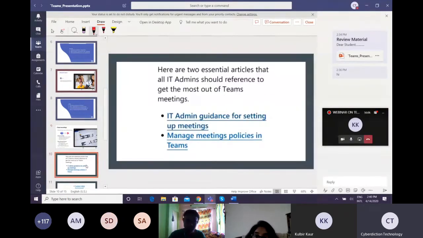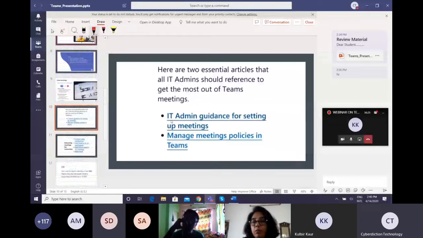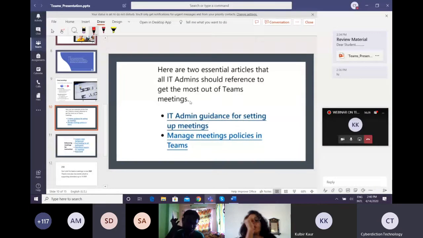Okay. There are some IT admin policies as well. If you are the IT head and you want to set some policies, fine, such as students cannot converse, or students cannot attend, or anything related to the policies, the admin can do that. So you will get another interface for the admin team as well.